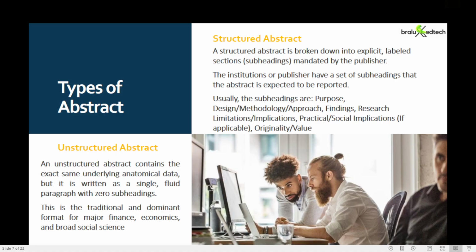So there is no subheading. All the subheadings are written as one paragraph or as a page. So you won't see any headings that identify what the purpose is, what the findings are, what the methodology is, or what